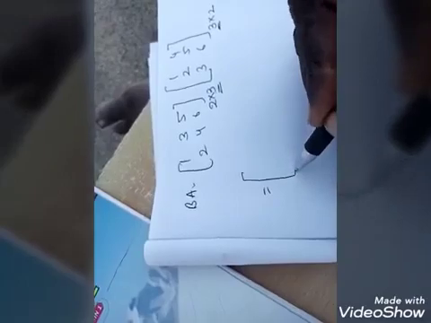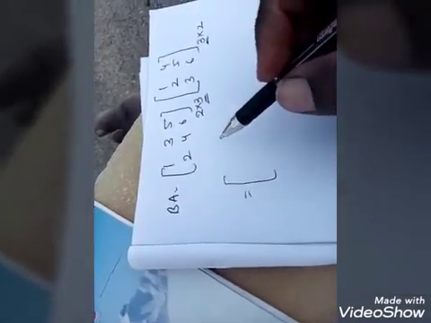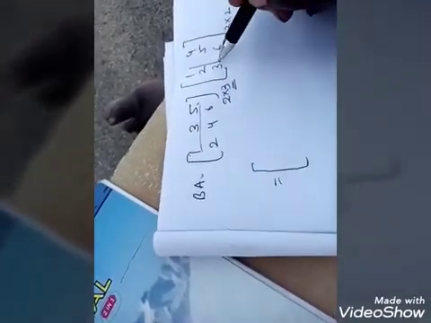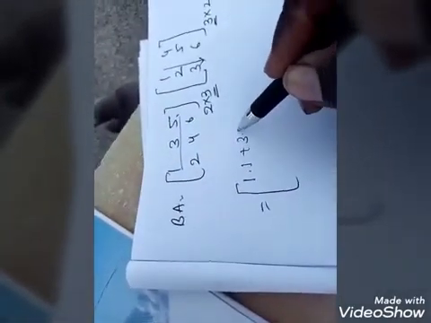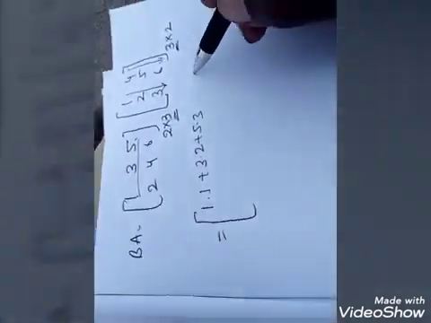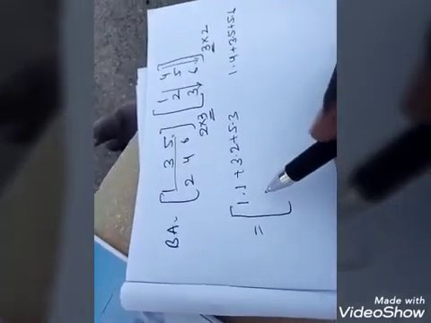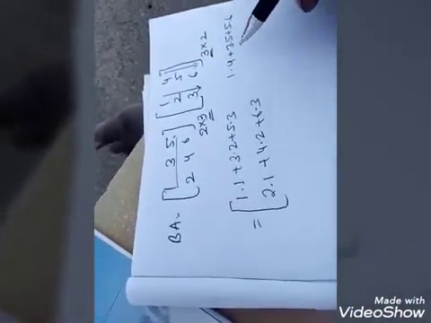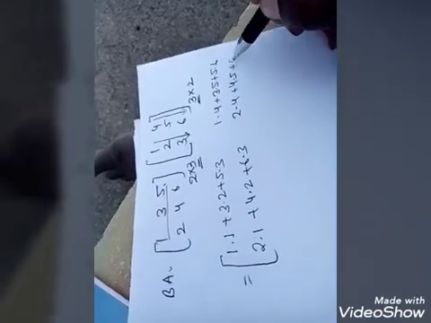Again you have to go for the matrix. Now again what matrix order are you going to get? A 2 by 2 matrix you are going to get. That's why you get A11, A12, A21, A22. Now first row with first column, observe there, 1·1 plus 3·2 plus 5·3. Next, first row with second column, that is 1·4 plus 3·5 plus 5·6. Next one is 2·1 plus 4·2 plus 6·3. Next one is 2·4 plus 4·5 plus 6·6.